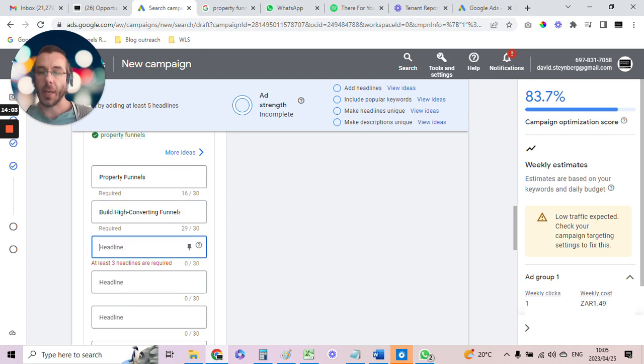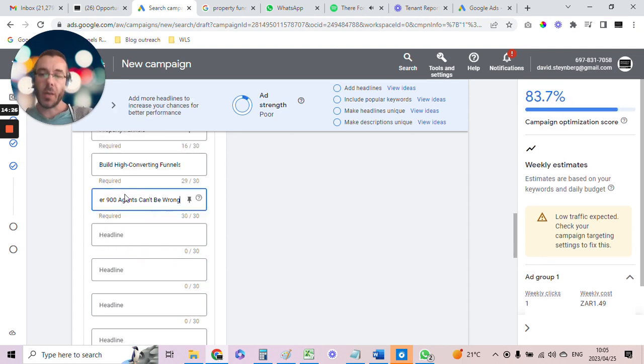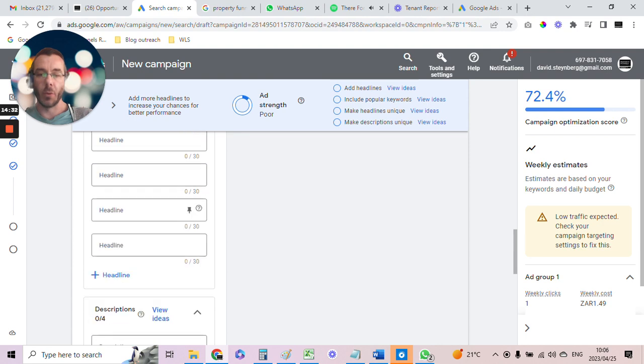And the third one can be something to do with credibility. So over 900 agents can't be wrong. Wow, perfect. All right. So you only need 3 headlines. And then you can fill in more if you need to, but you don't need more than 3 headlines